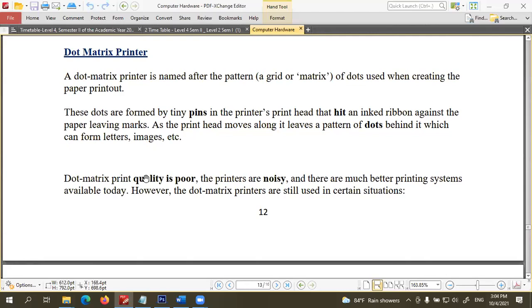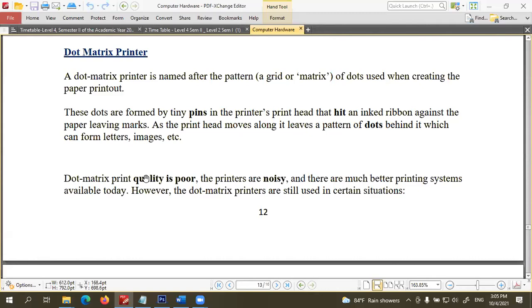For example, consider the electricity bill. When printing electricity bills, a large number of bills has to be printed, and the quality of the printout is not that necessary. In that case, the most preferred printer is the dot matrix printer because it can give us a printout at less cost. The cost per printout is very low. This advantage suits the situation and the requirement.